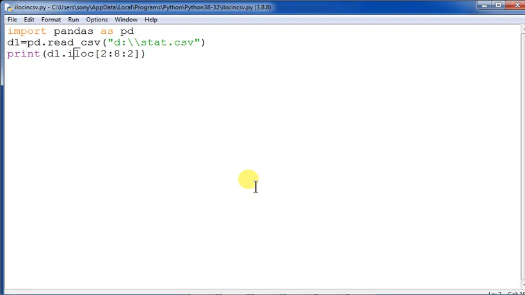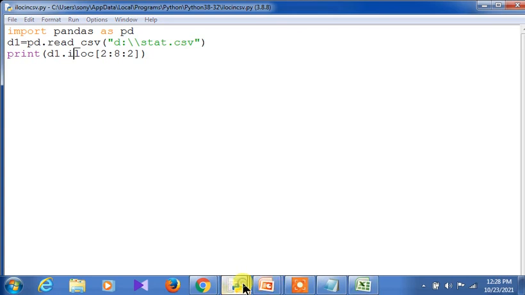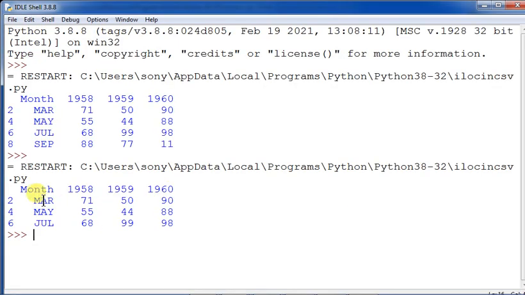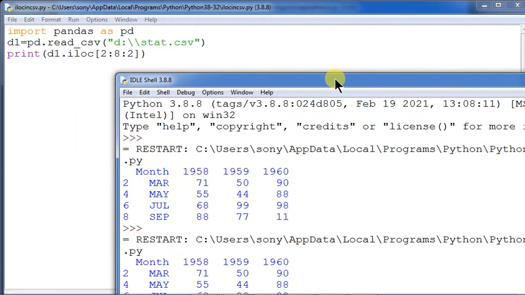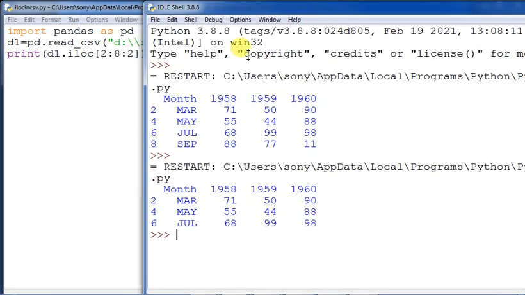So you see out here, the execution will take place in a short while. It has already been executed. When we used the loc command, it gave 2, 4, 6, 8, but when we used the iloc command, it gave 2, 4, 6. That means iloc always stops before the stop numeric level, whereas loc includes whatever is mentioned over there. That is the difference between loc and iloc while accessing data from the CSV file. You can see it is quite a clear picture.